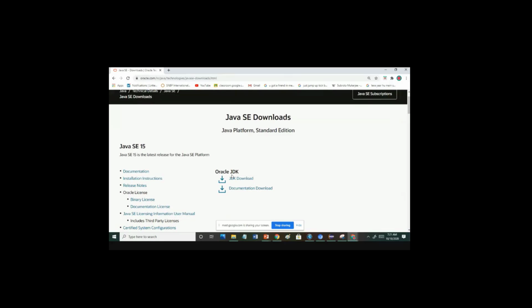Java SE 15. See, and next to that there is an Oracle JDK, and just below that there is JDK download. So just click on the JDK download.